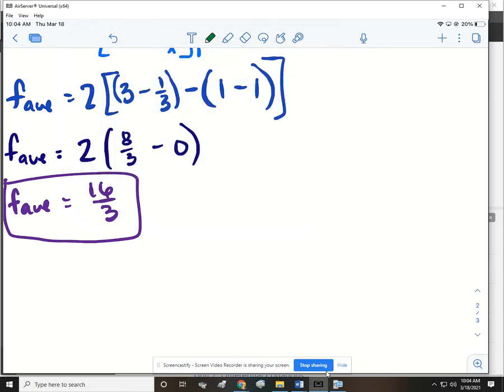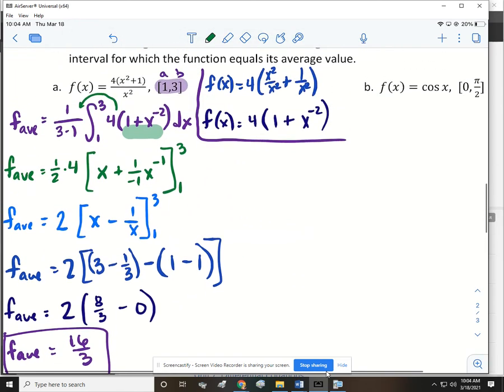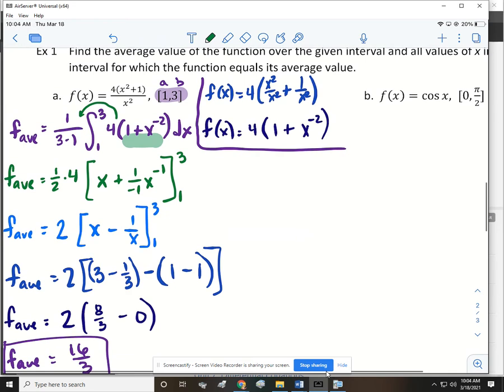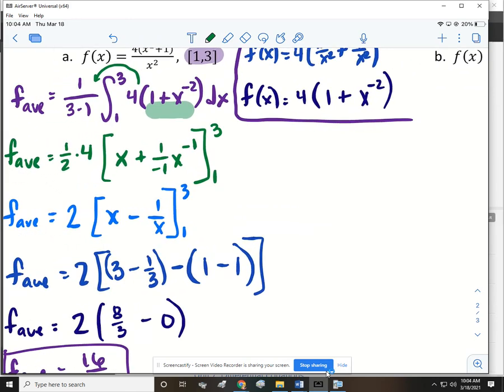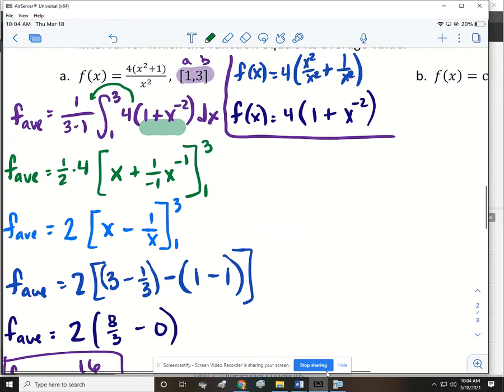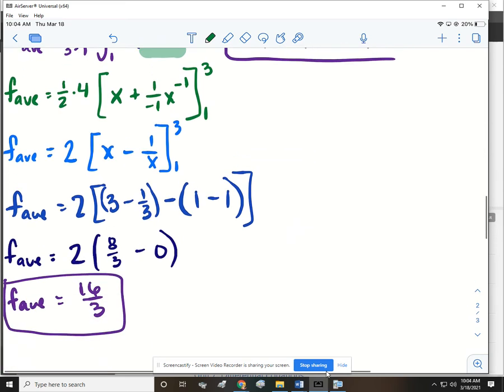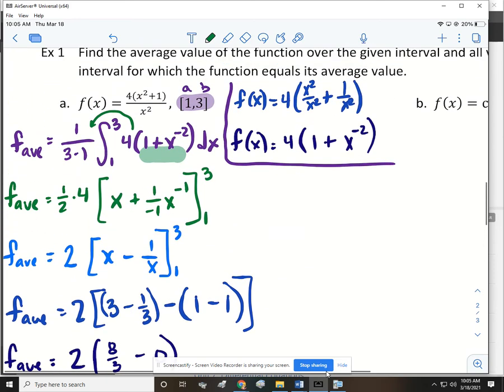All right, and then we want to know how many times in that interval does the function equal its average value. So if we take all the infinite number of values between when x was 1 and when x is 3, divided them by how many there are, we would get this value, which is impossible to do without calculus. So what I want to do now is figure out when in that interval that function actually equals